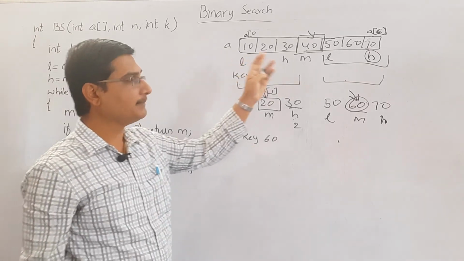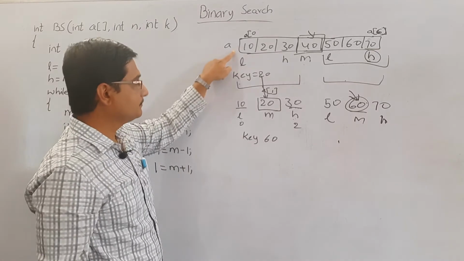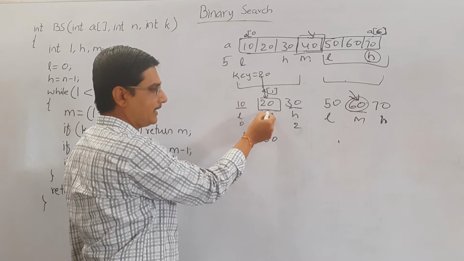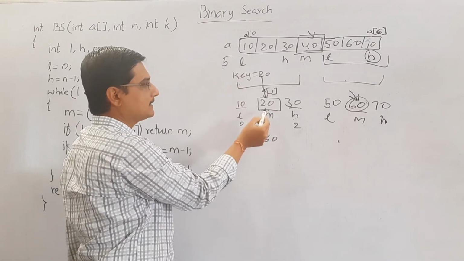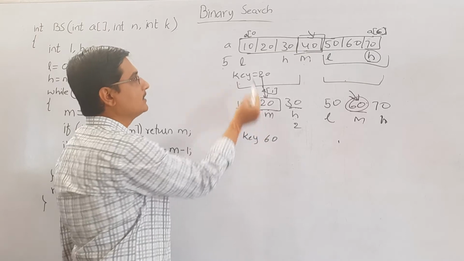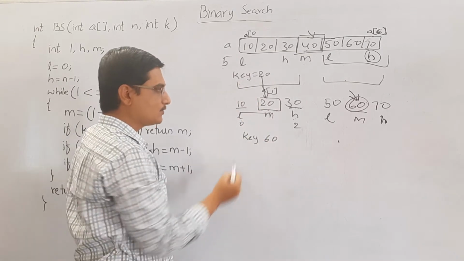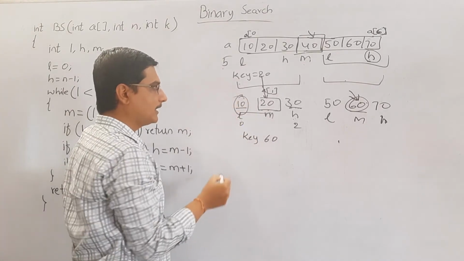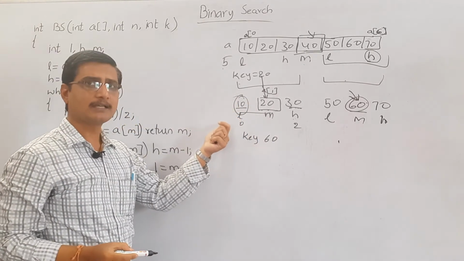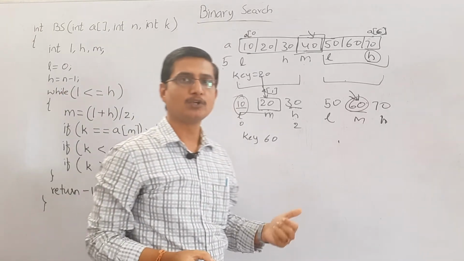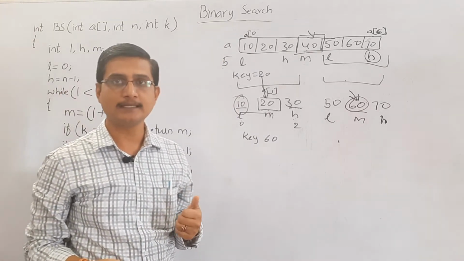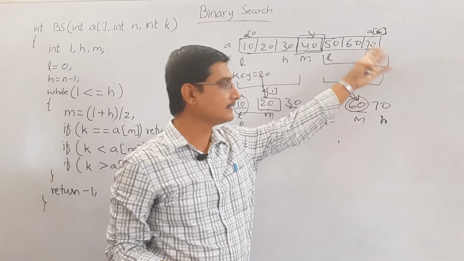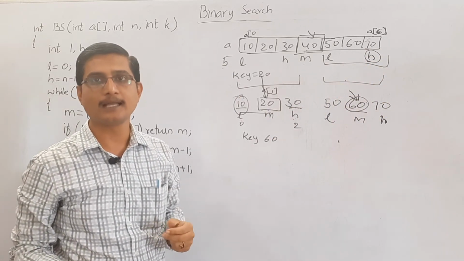Say if the given element is not at all present, say it is 5, assume this. So in the second iteration, it will come to know that 5 is less than 20. So only this part of the array it needs to search. There are no elements, there is no middle element, so this will be the middle element. Then in only 3 iterations, we will come to know that the key is not present in the list. In a similar way, if we give any element which is greater than 70, then again we will come across an unsuccessful search.